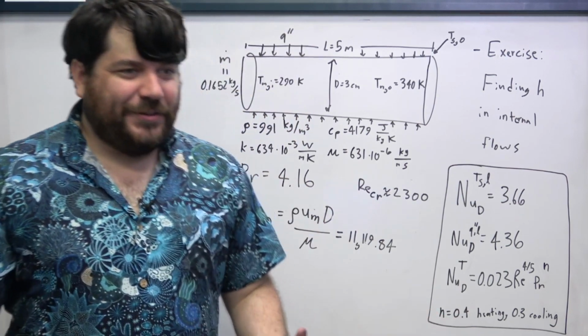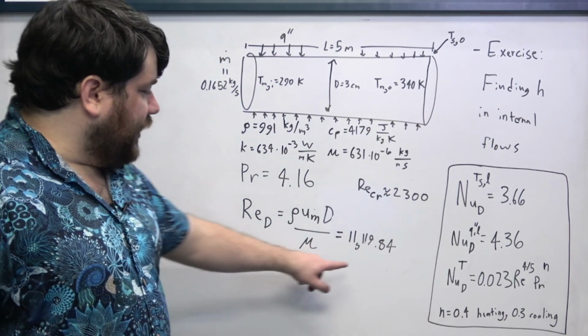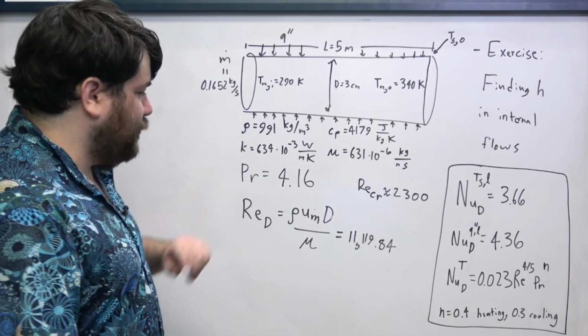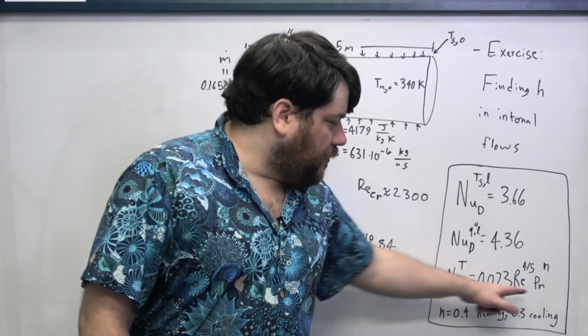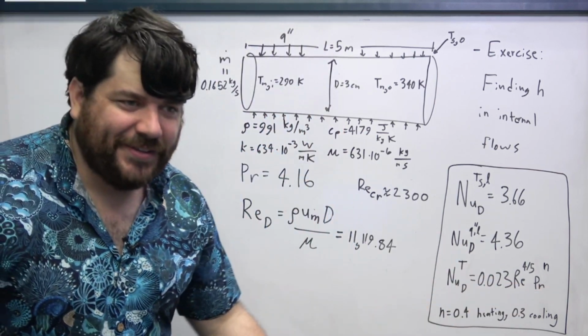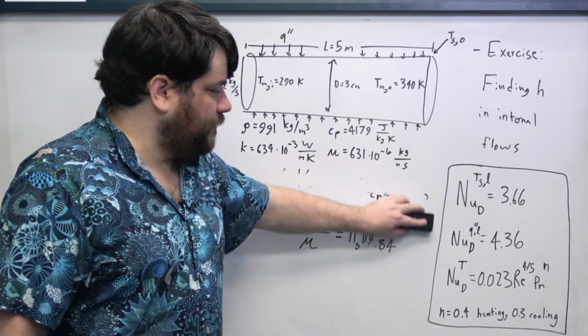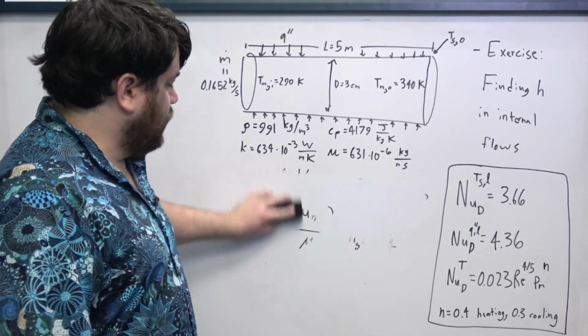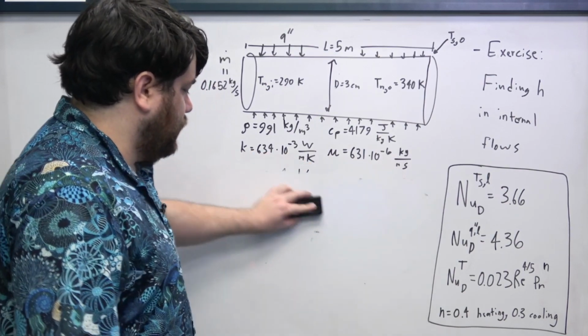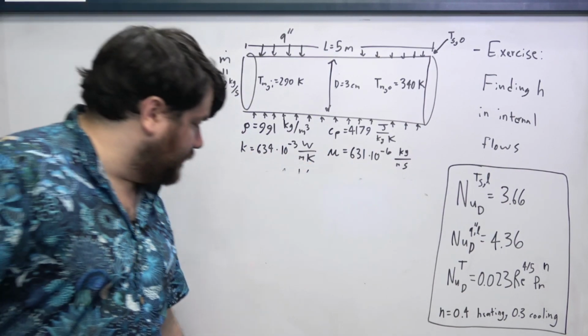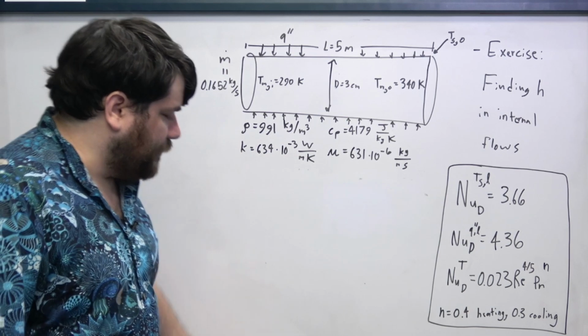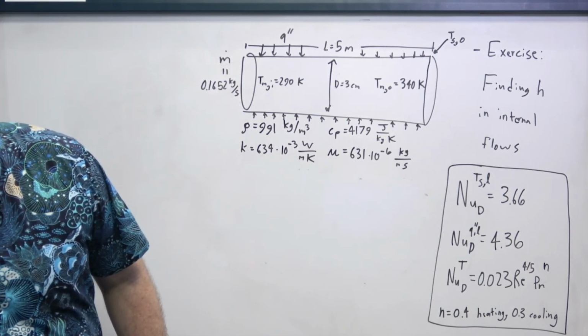All we have to do to get the Nusselt number is plug in this Reynolds number, this Prandtl number, and 0.4 into this correlation to get the answer. And if we do that, once again saving the algebra in the interest of time and tidiness, there we go. The Nusselt number that we are going to get